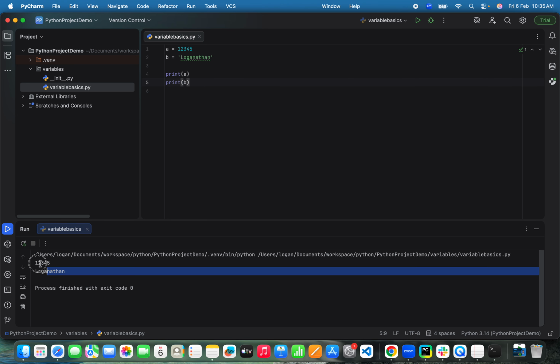So you see 1 2 3 4 5 and Roman is printed. Okay, cool. And one more thing you might have noticed, nowhere I'm using a semicolon to close my line, because in Python it is not required. If you are familiar with Java or JavaScript, you would have seen that every line will be closed with a